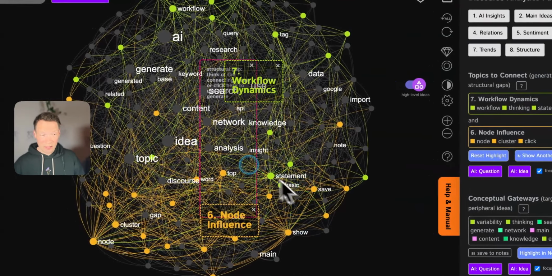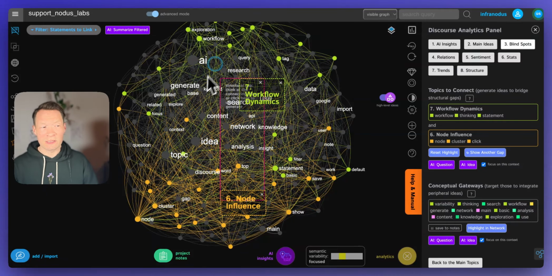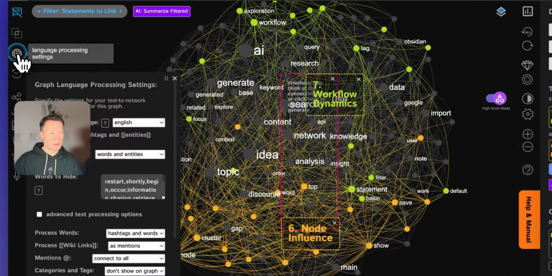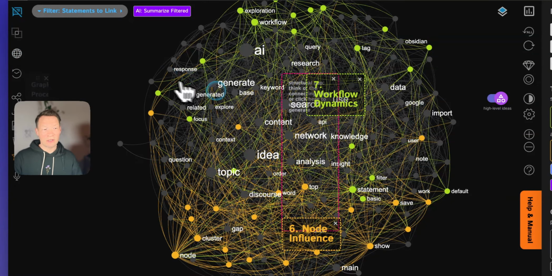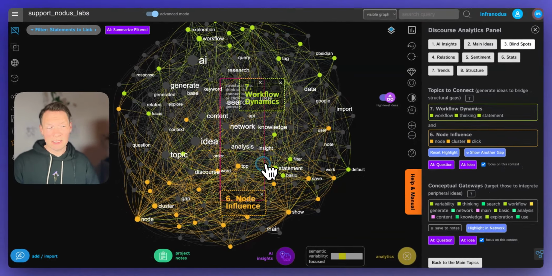You can also clean the graph and make it perfectly suitable for your task. For instance, by removing some words that you don't want to be involved in idea generation by selecting them and hiding them, and then you have them in the list of stop words here. So when the graph is generated, they will not be used in generating responses. But basically you add the information first here. It could be a support portal like in my case, or it could be a bunch of research papers on a certain topic,